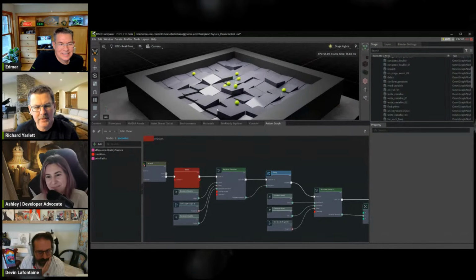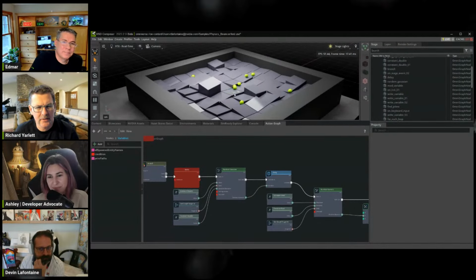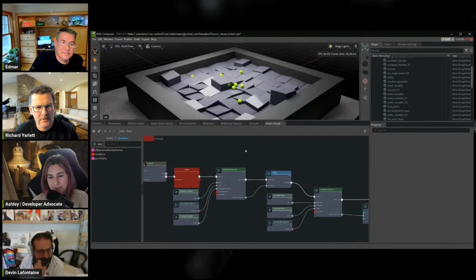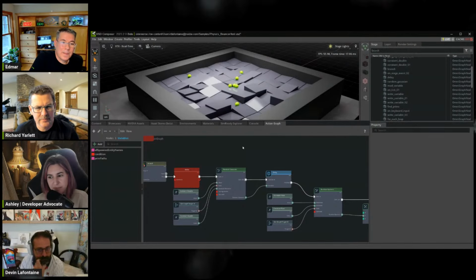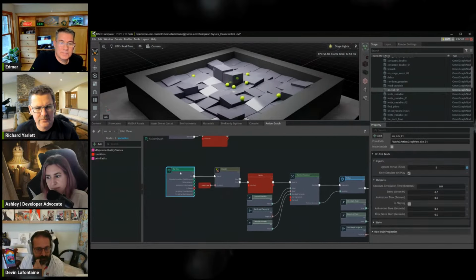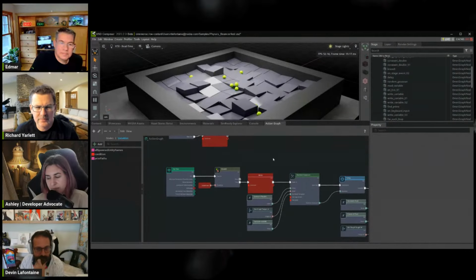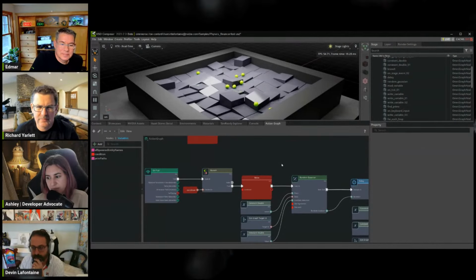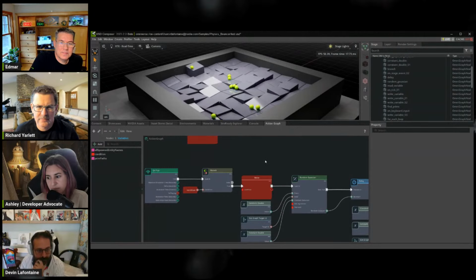Or they could do something where, when a ball bumps into them, they jump up. There's all these events that you can use to trigger these kind of moments, not just this constant tick firing that I'm doing. And then, as we talked about when we started, the way to make this